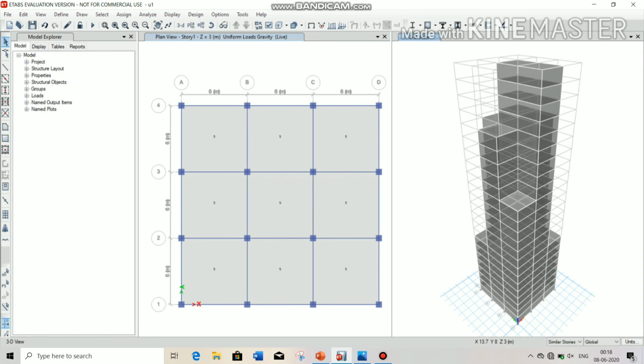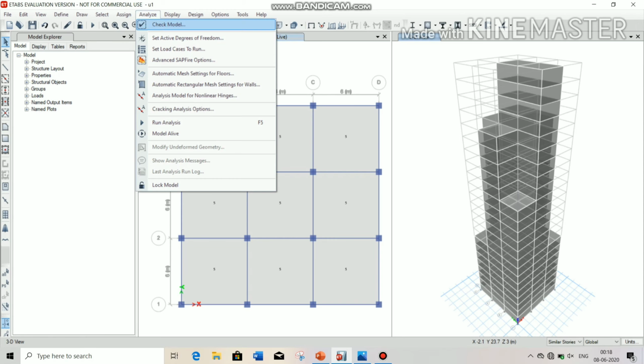Then after that you can run your design for the seismic analysis by the response spectrum method. For that, first you have to go to Analyze and choose Set Load Case to Run.